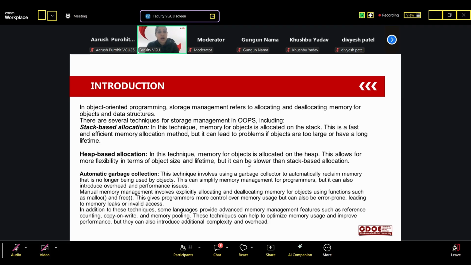This is a fast and efficient memory allocation method, because memory for the objects is allocated on the stack. But it can lead to problems if the objects are too large or have a long lifetime.